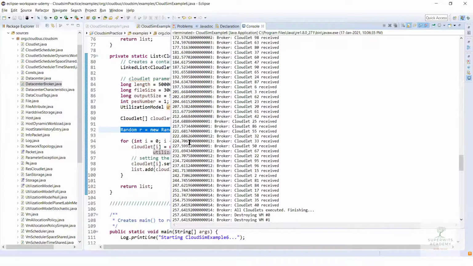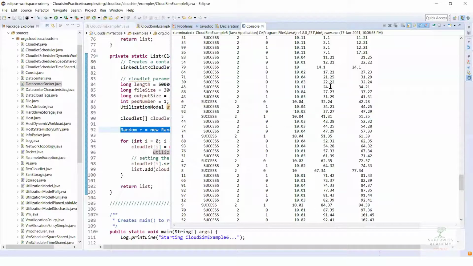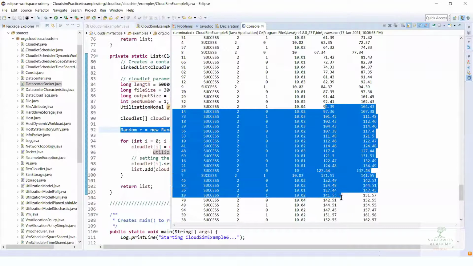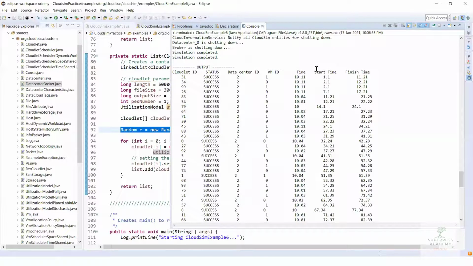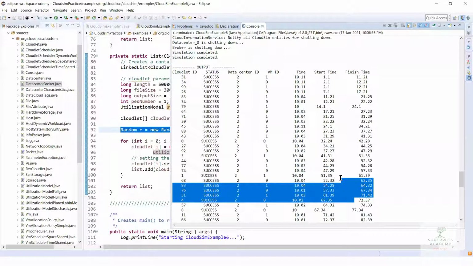They are not received back at the same time. And in fact, you can look at what time they are starting. You can see they start at different times. This is not because of the scheduler type. This is because of the time they have been delayed for the actual execution of that particular cloudlet.